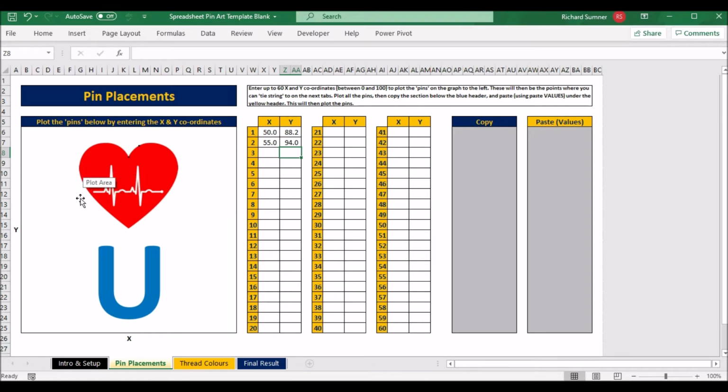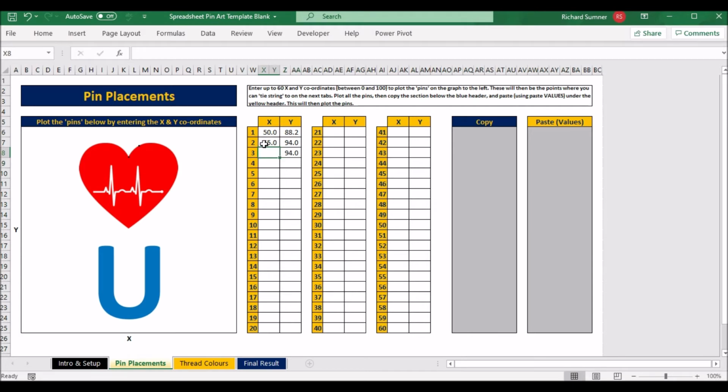Now, if you're working with something that's symmetrical and you've put that pin in, so if you want to find the opposing pin on the other side, and this actually is symmetrical because I tested it earlier, you can actually look at what you've put in here and calculate what you need to do here. So the height on the y-axis is exactly the same. So if we put 94 in again,